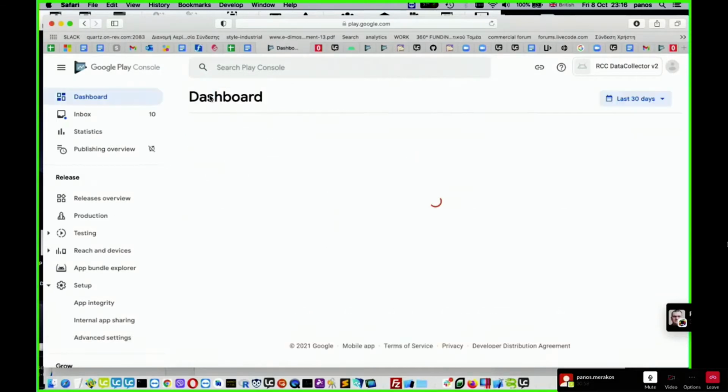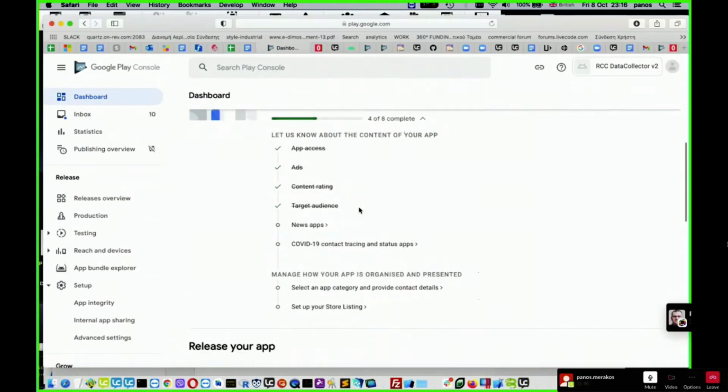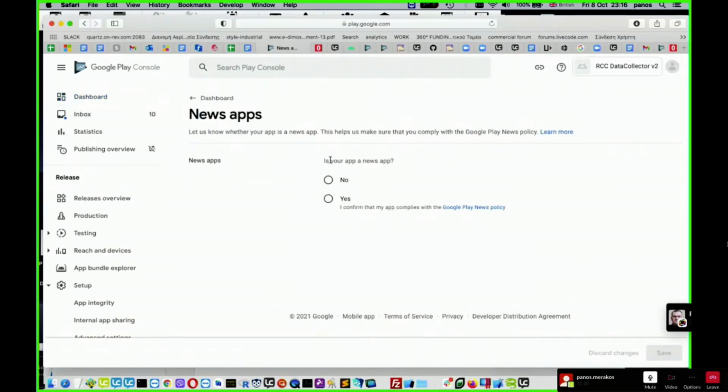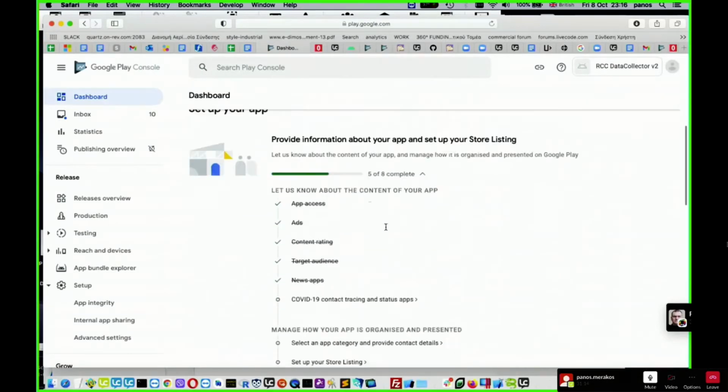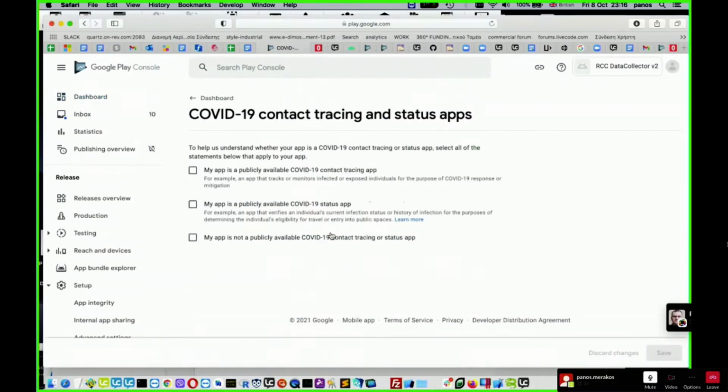And go back to the dashboard and continue with the other sections. Is your app a news app? No, it's not. Back to the dashboard. COVID-19 contact tracing and status apps.